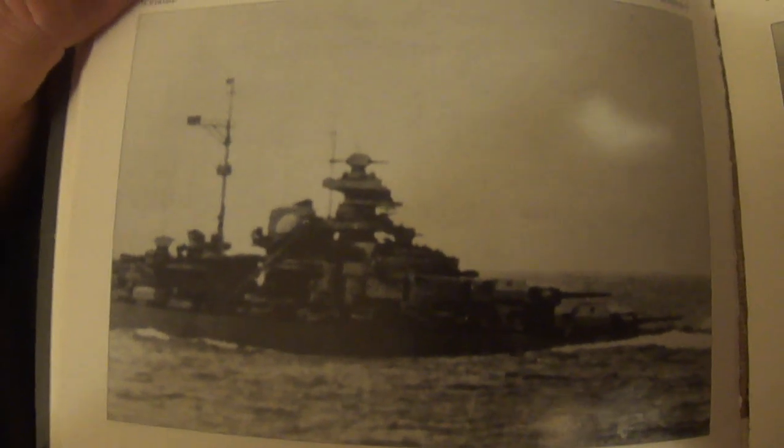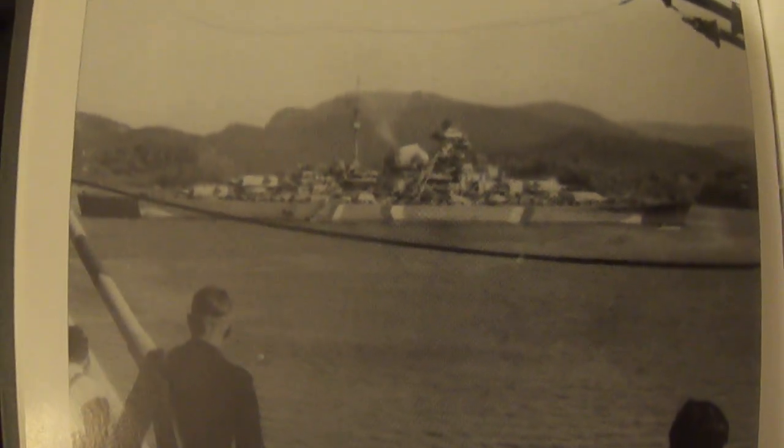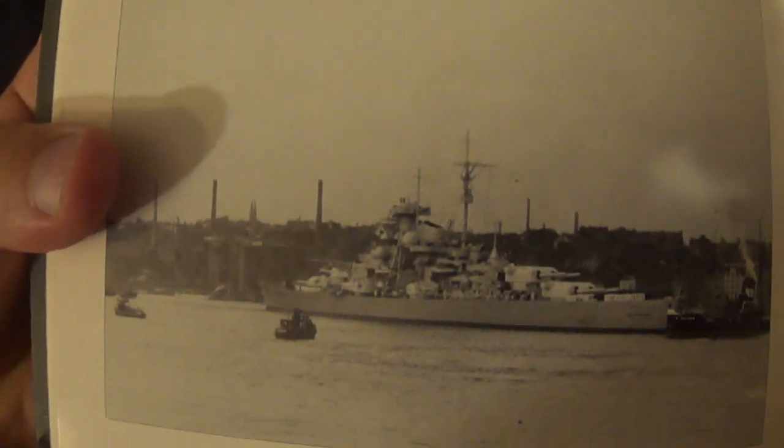And of course, torpedo bombers on the deck of the Victorious for the first torpedo bombing. That was unsuccessful. There's a torpedo bomber. And there's the Bismarck after her fight with the Prince of Wales, fighting during the battle at the Denmark Strait. There's a really awesome picture of her in a Norwegian fjord with Prinz Eugen in the foreground. Bismarck leaving